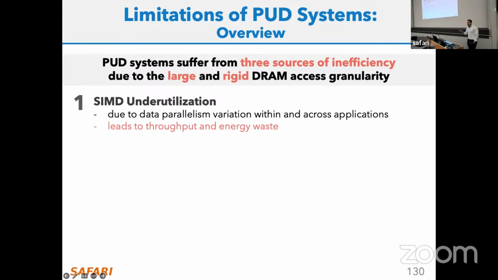So the main problem that we identified with this processing-using-DRAM substrate is actually one of its main benefits, the parallelism. The parallelism that this system provides is really large. When you're doing bit-serial computation or even bit-parallel computation using this PLUTO-like substrate, your granularity is a DRAM row. So you always need to operate at multiples of a DRAM row. A DRAM row is really large, 64 kilobytes in DDR4 chips, right? The question is, do I always have multiples of 8 kilobytes of data in my C-like application so that I can fully utilize that bandwidth? And the answer is no.